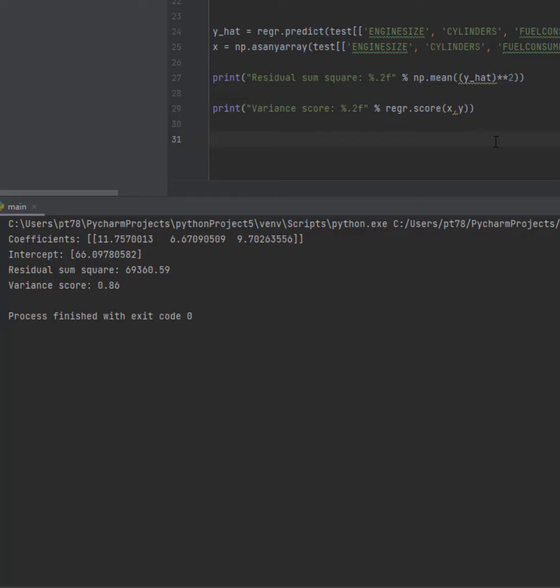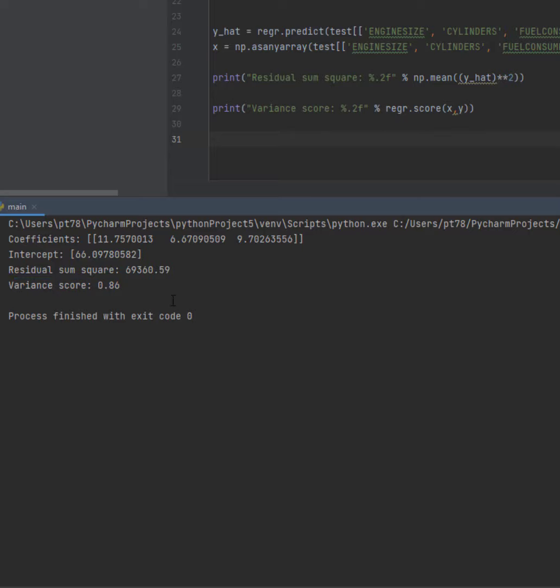So at the beginning, we imported the libraries. Then we imported the dataset. Then we selected our features of our multiple regression machine learning model. Then we randomized the dataset. Then we created the multiple regression machine learning model. Then we created our coefficient and our intercept of our model. Then we evaluated our model, and here are the results. So here's our model, and here's the variance score,